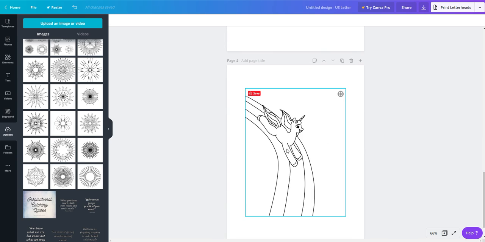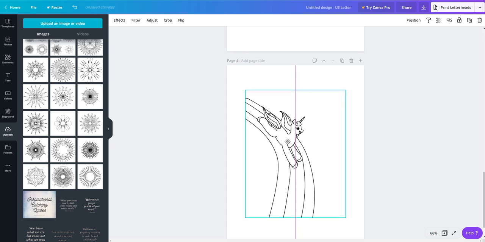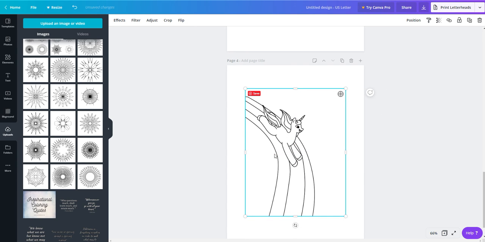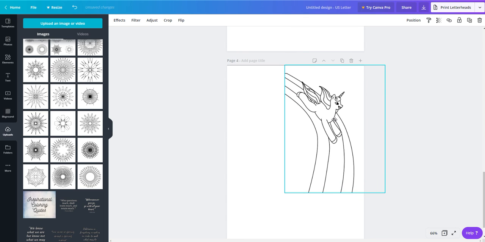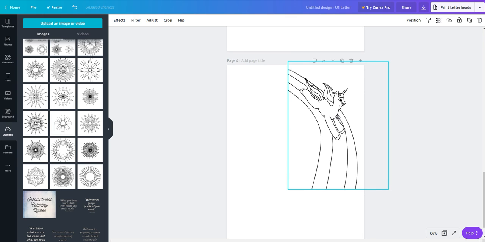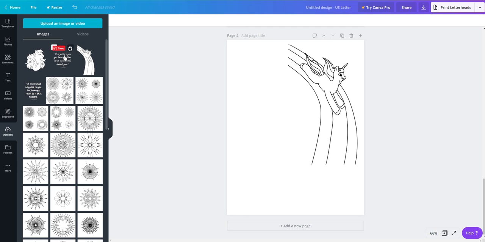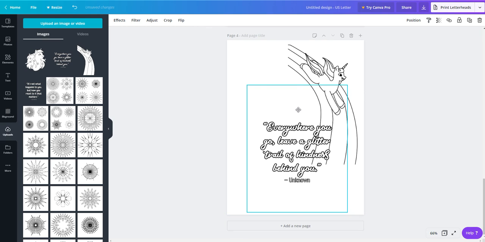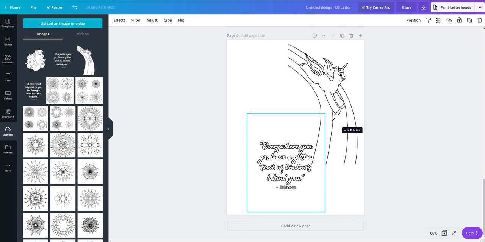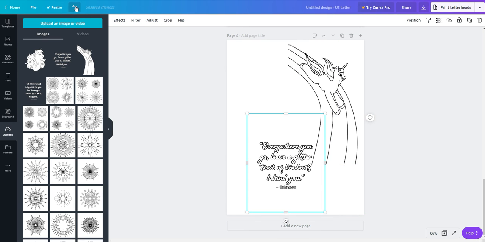All right, and then the last one is the one with the unicorn already on there. So I'm going to be using the unicorn and a quote. So with this one, the first thing I'm going to do is move her over here off to the side. Okay, and then I'm going to go up to my uploads, and here's my quote. Now I could also